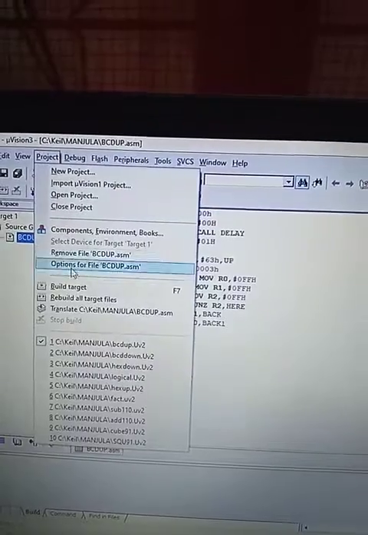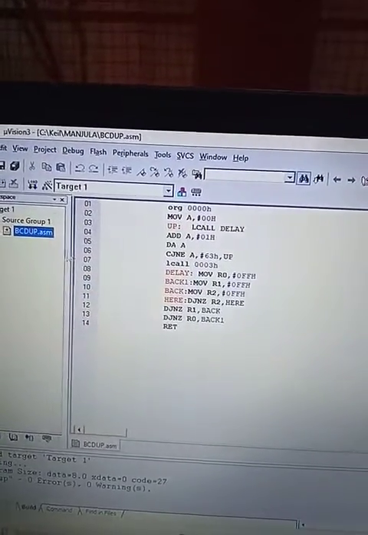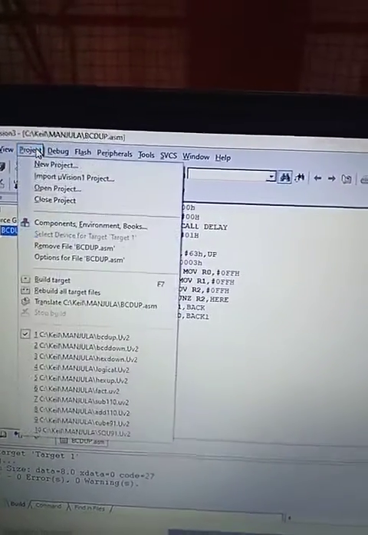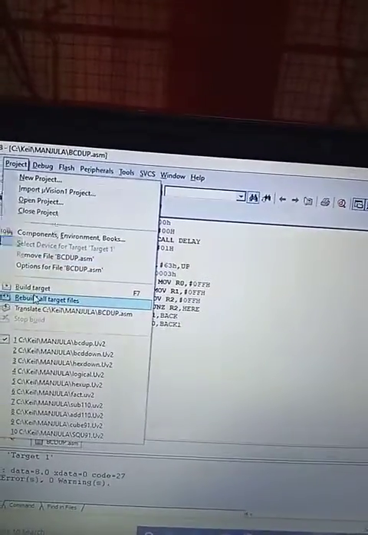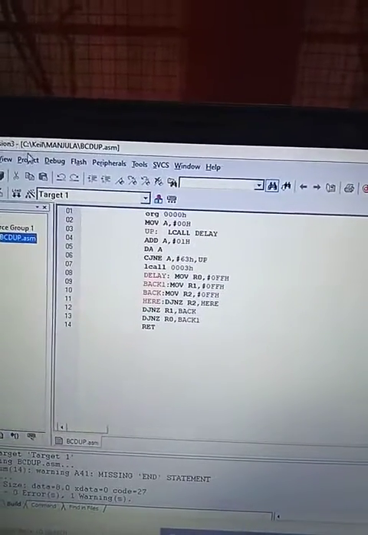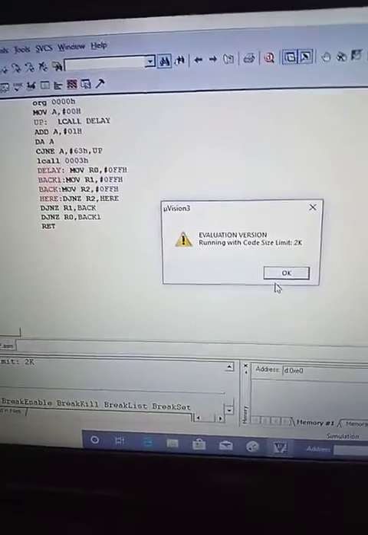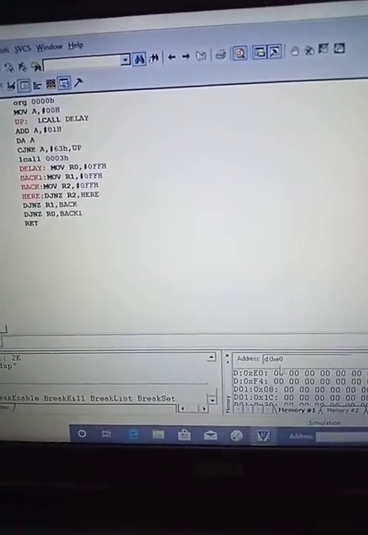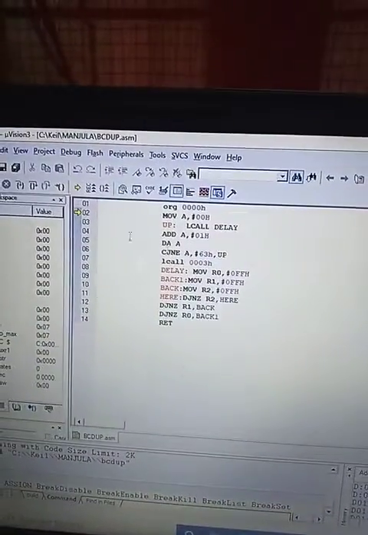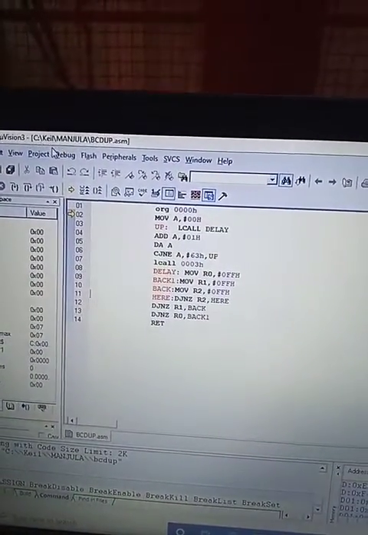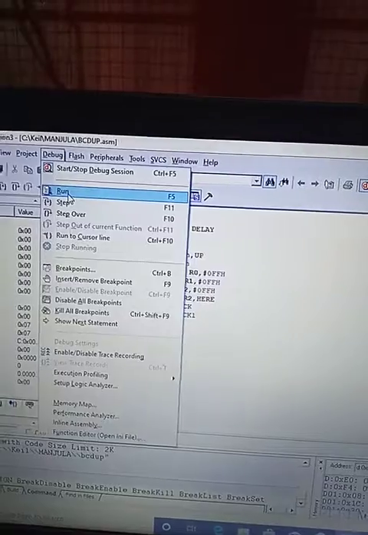I go to project and say build target, 0 errors and 0 warnings. Go to project, rebuild target, 0 errors and 0 warnings. Go to debug, start stop debug session. Click on OK, and then I go to debug and say run.